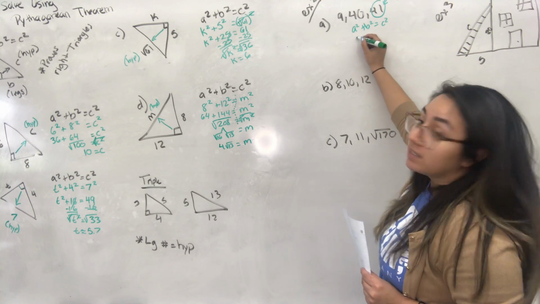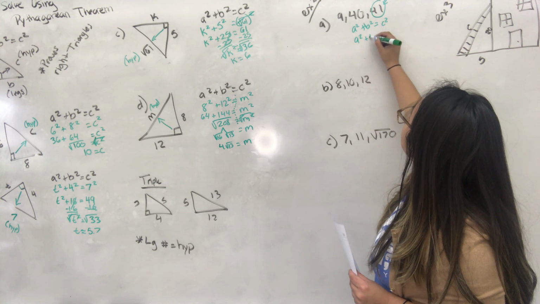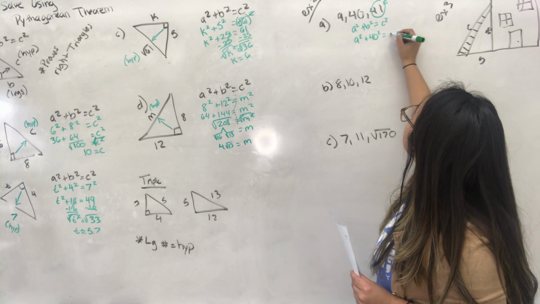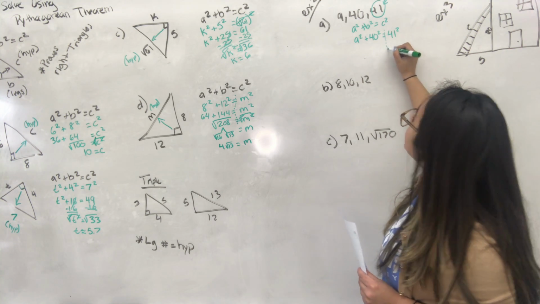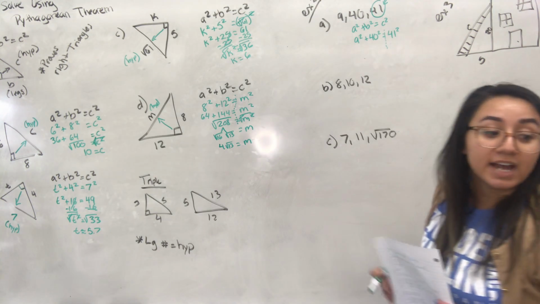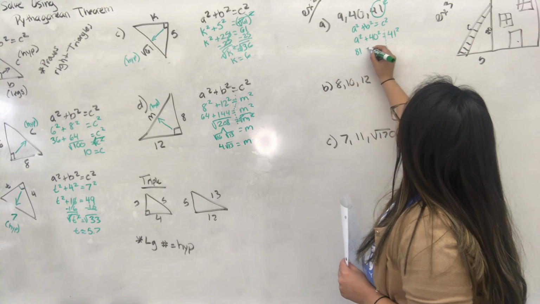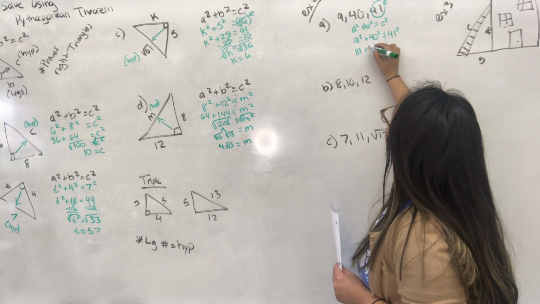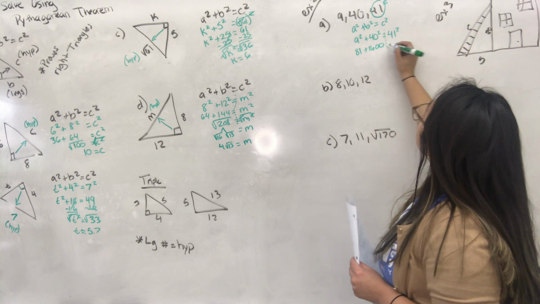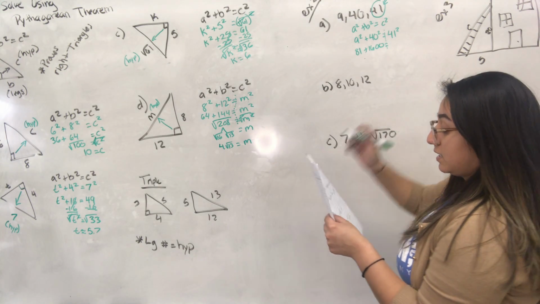So one side squared, it could be 9, it could be 41, it really doesn't matter. 9 squared plus 40 squared is equal to 41 squared. Remember equations? One side should equal the other side, and that's why we do a lot of equations. So 9 squared is 81, plus 40 squared is 1600, is equal to 41 squared, and 41 squared is